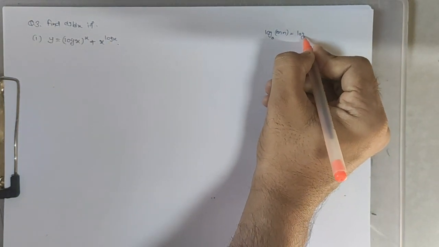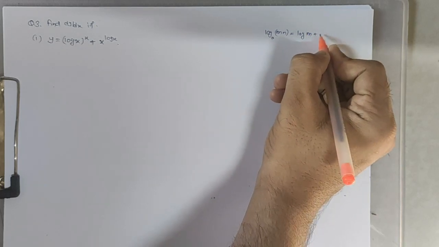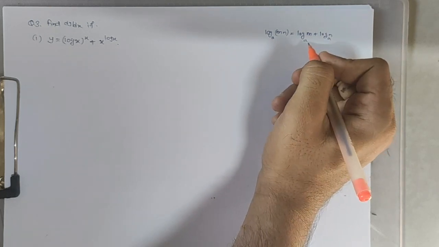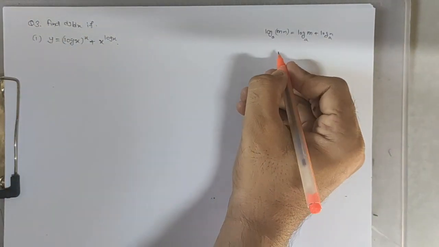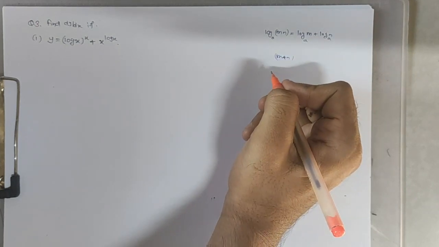That means log of m into n to the base a can be written as log m plus log n to the base a, but we cannot apply log on m plus n. So what we will do here, as we know,